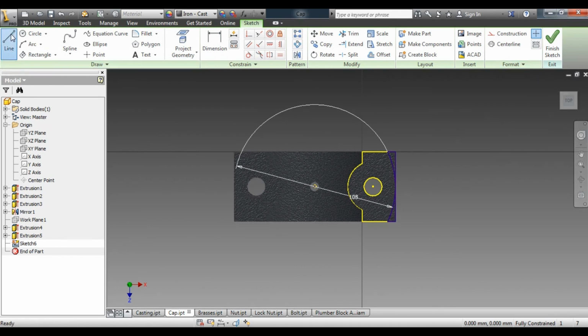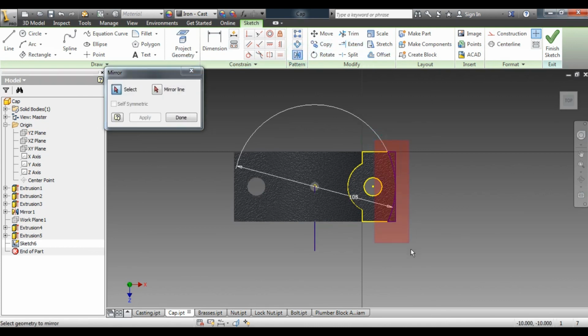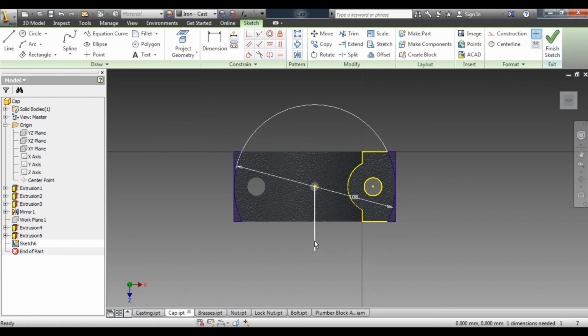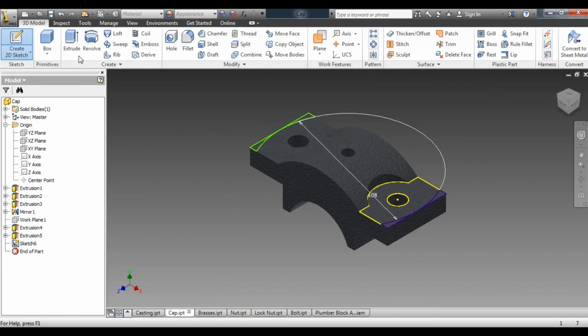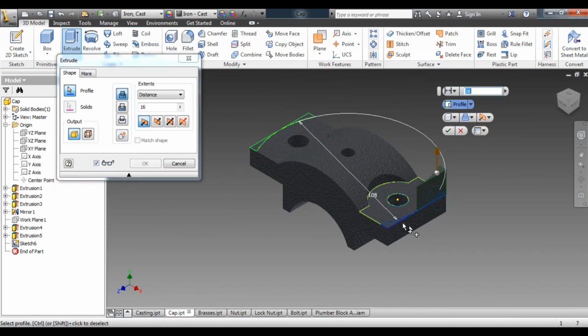Next, the same thing will be replicated on the other side. For that, go to the mirror command, select the object, and the mirror line will be this one. Done. And I'm going to take out the unwanted line. Finish the sketch, extrude, so this one and this one on the opposite side, and cut, and the distance is